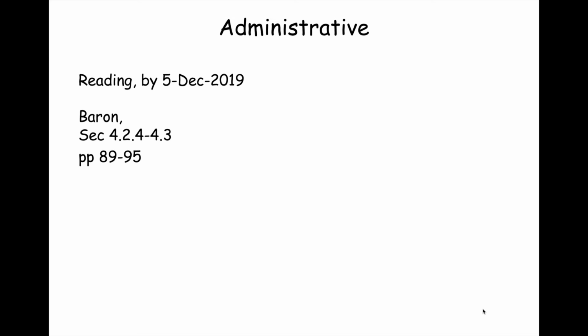Now, when I say 5th of December, don't work over Thanksgiving. I really, for personal reasons, going back to when I was an undergrad and we had homework over Thanksgiving break, I remember saying, damn it, if I become a professor, I will not assign homework over Thanksgiving break. So guess what? I'm not assigning homework over Thanksgiving break. So what I mean is that, start it on Monday, right? But don't do anything. And that's how I've tuned all my courses, undergrad and grad, so you're not doing work over break. I expect you to enjoy it with your families, friends, and loved ones.